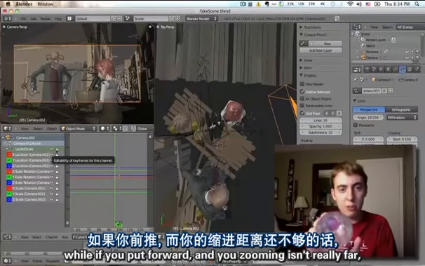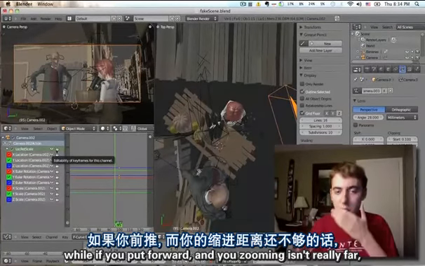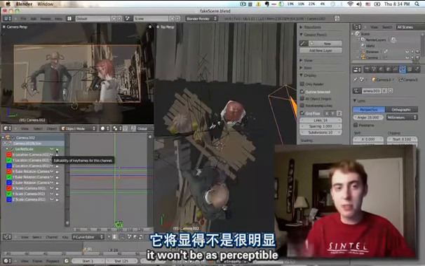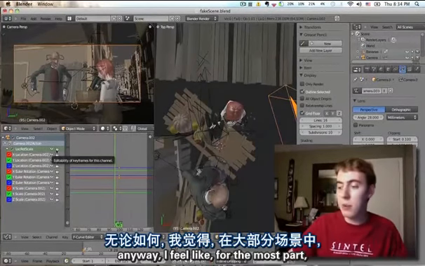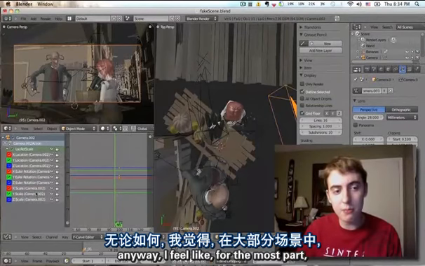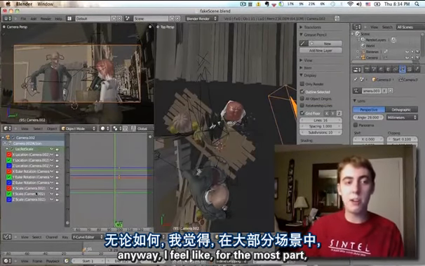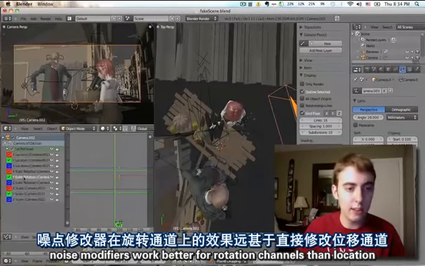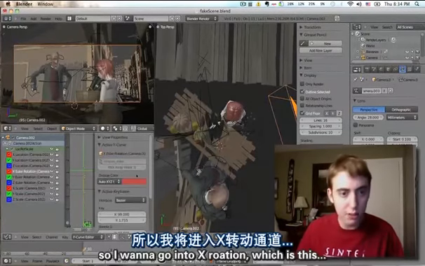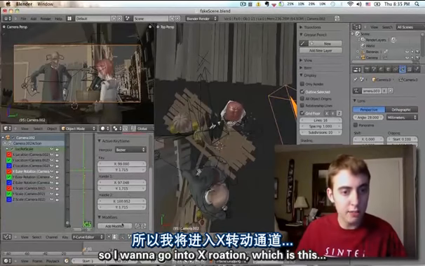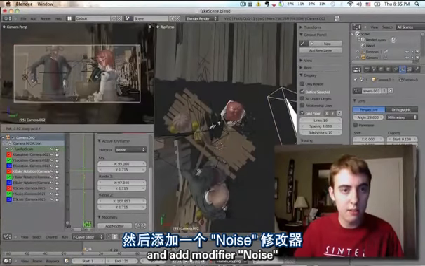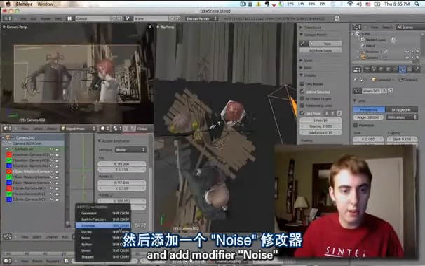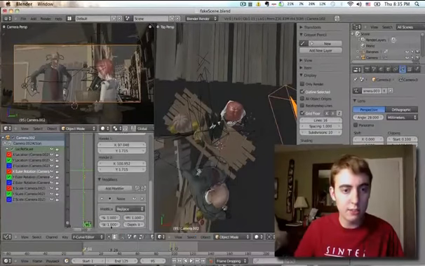While if you push forward and you're zoomed in really far, it won't be as perceptible. Anyway, I feel like for the most part, noise modifiers work better for rotation channels than location. So I'm going to go into X rotation, which is this, and add Modifier Noise,